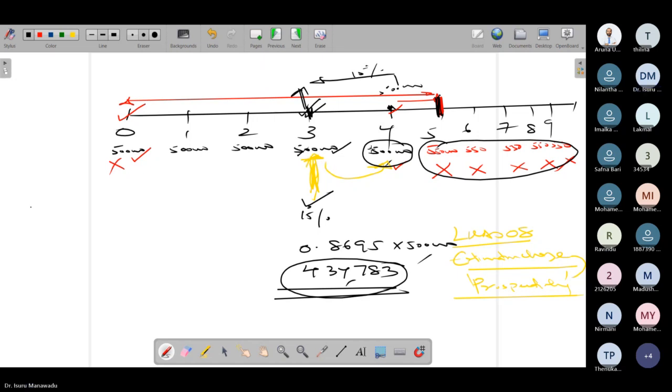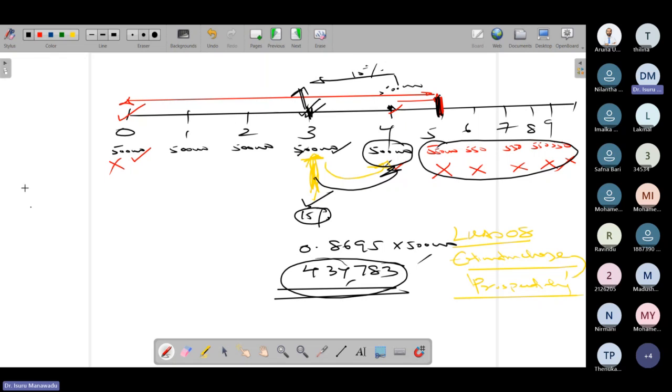Okay? Because on this particular date, there is only one cash flow to be paid. On this date, there is a change in the incremental borrowing rate, 15%. Right? As a result, this should be the liability on this particular date, the end of third year. This should be the real liability.